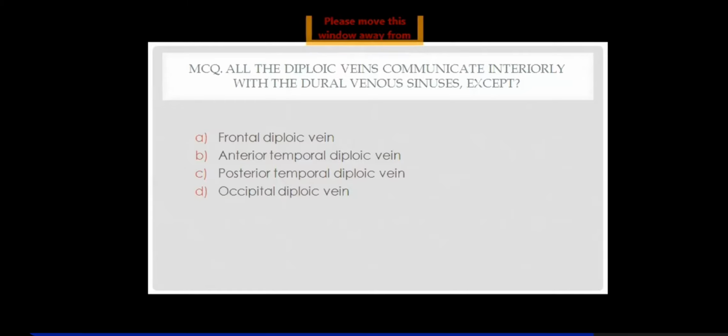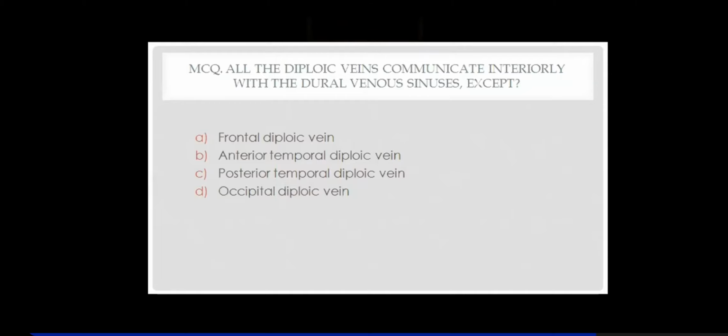You know, there are two tables on the vault of the cranium. That is, diploe, which has an outer and inner table, and marrow in between, which is a rich site of hemolymphopoiesis, right? So there were two types of veins. Emissary veins traverse both inner and outer table, communicating the dural venous sinuses to the veins of the scalp, to balance the intracranial pressure.